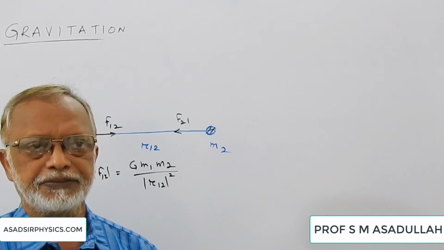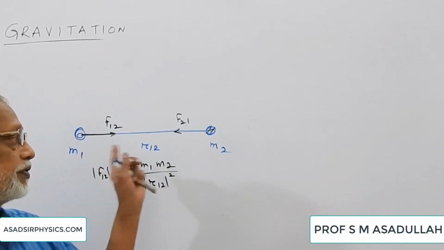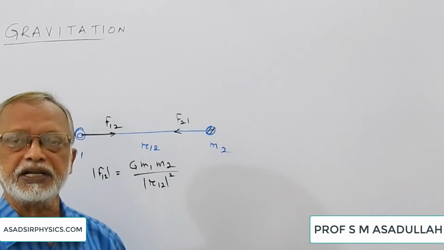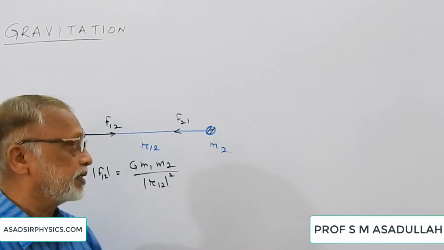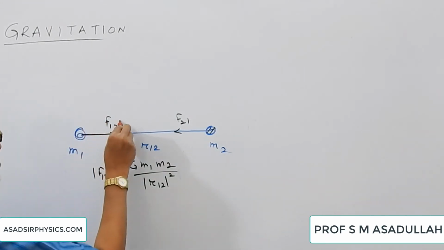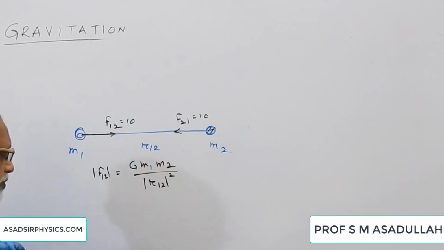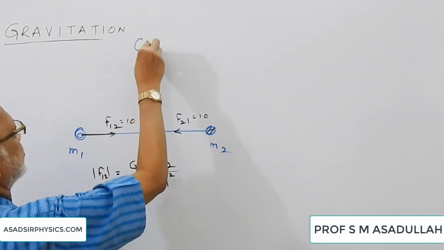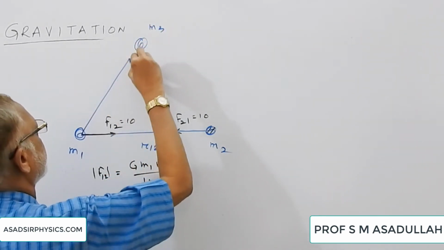Luckily, due to the presence of the third body, the force between the first and second body does not get affected. That will remain the same. Suppose its value is 10 units, then its value is still 10 units. Suppose we keep a third body somewhere here. Suppose this is a body of mass m3. The distance between these two is